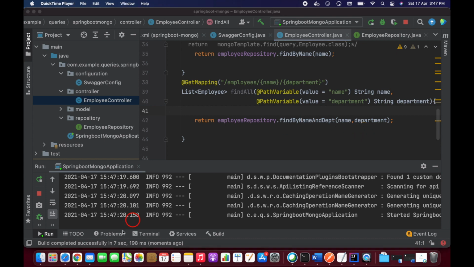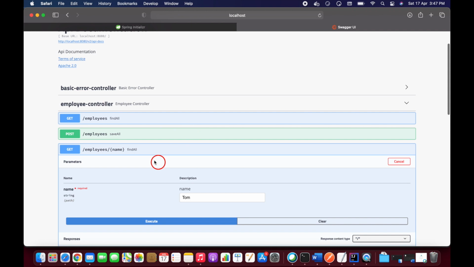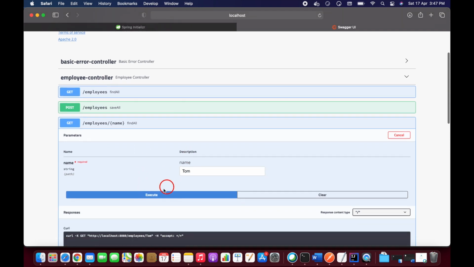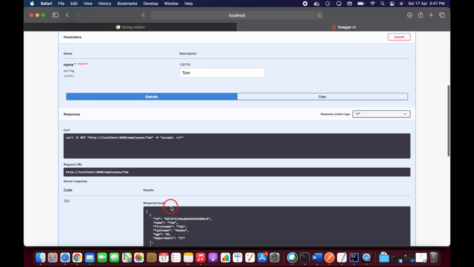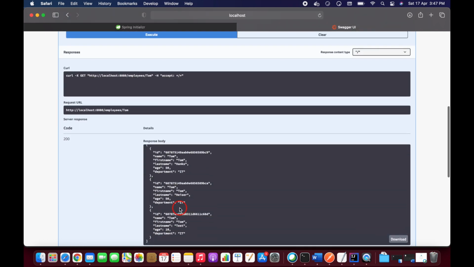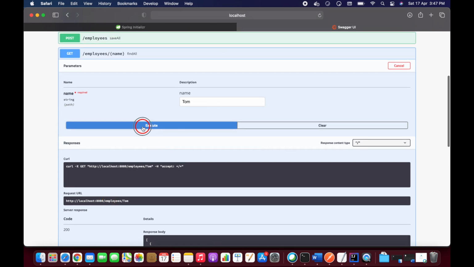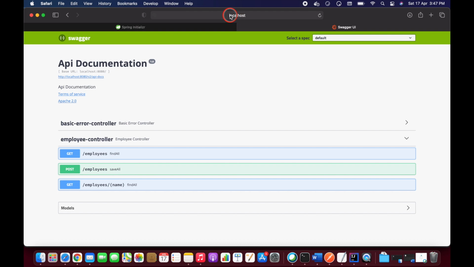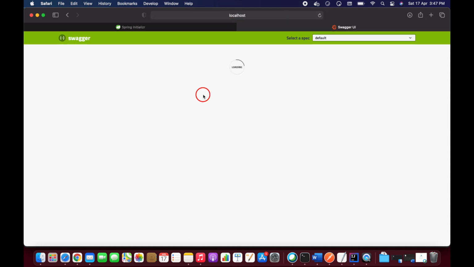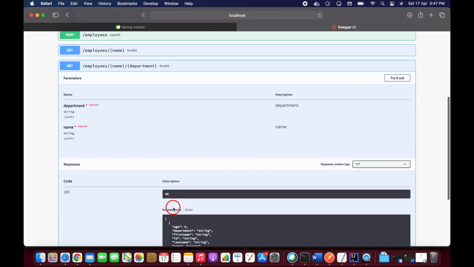Okay, it started, guys. Let's open our Swagger UI here and let's check find by name, because we have changed it from criteria query to @Query, right? So the same result it's giving, guys. So it's working fine, right? So another endpoint we have added, find by name and department.